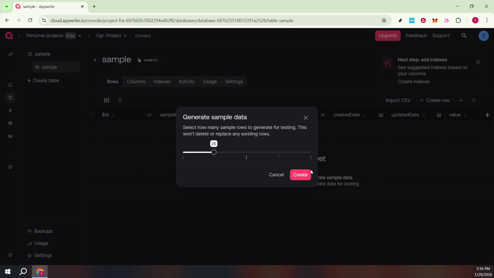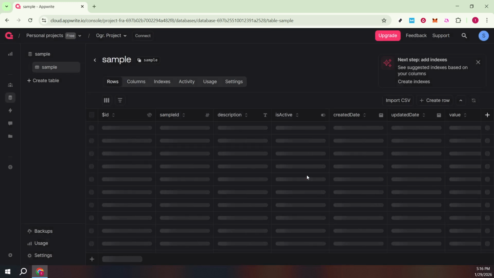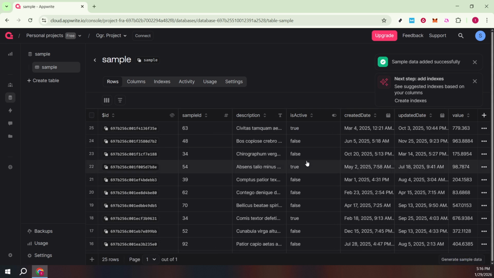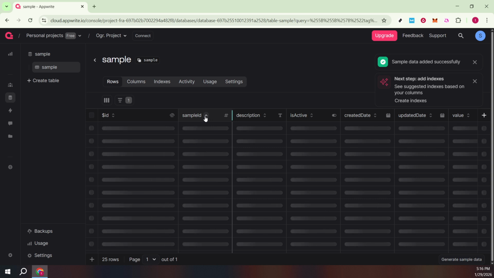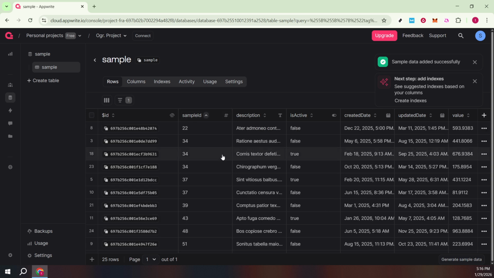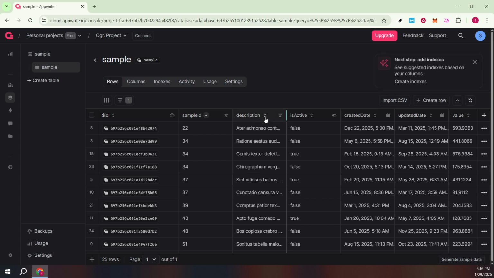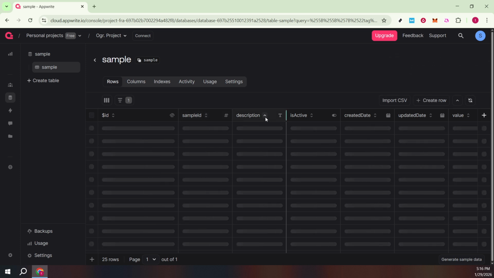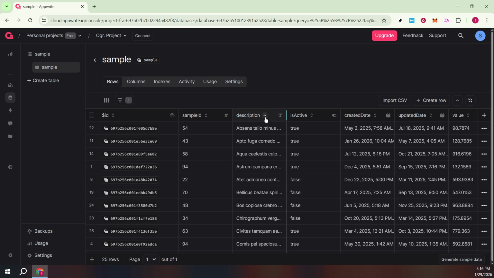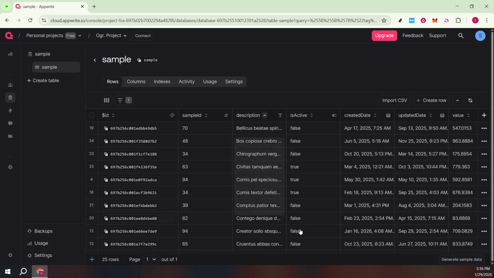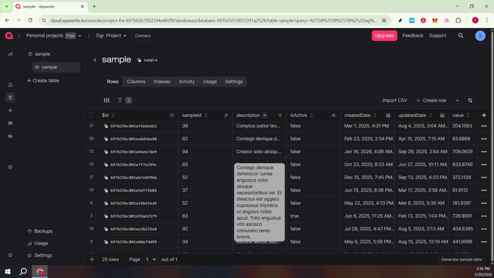Now for the main event, sorting. In the table view, each column header has a small up and down indicator. Click a column header once to sort by that field. Typically, the first click sorts in ascending order, for example, A to Z for text, smallest to largest for numbers, or oldest to newest for dates. Click the same header again to reverse the order and sort descending, like Z to A, largest to smallest, or newest to oldest. The arrow icon shows you which direction is currently applied, so you always know how the data